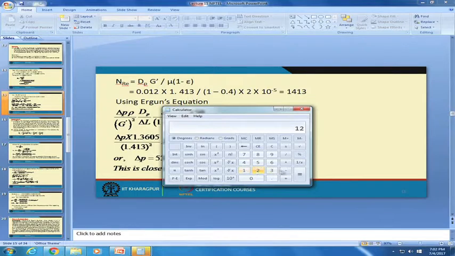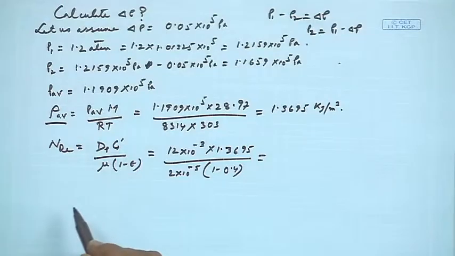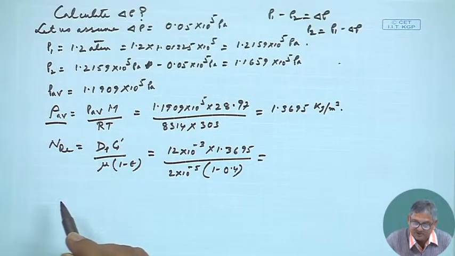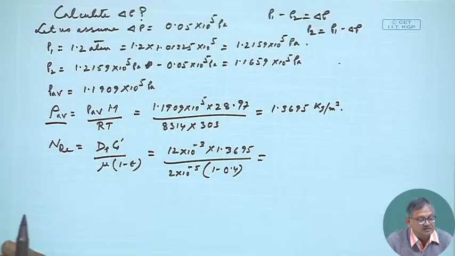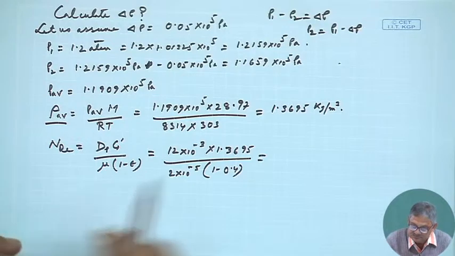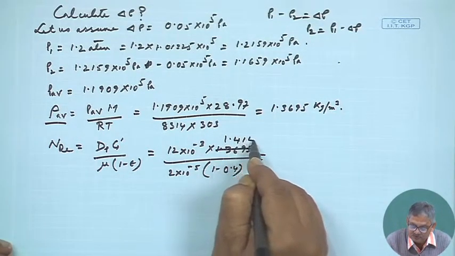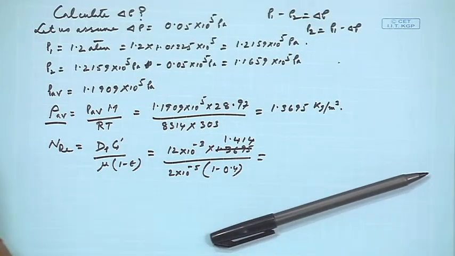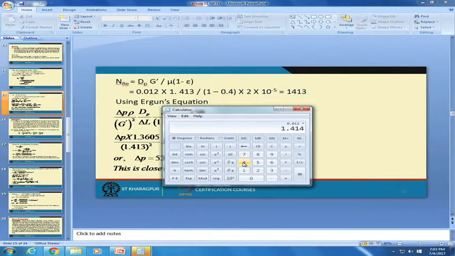This becomes equal to 12 into 10 to the power minus 3 is equals to so much into... no, G prime was 1.414, sorry, 1.3695 is rho average, right? So we can say that it was 1.414, right,